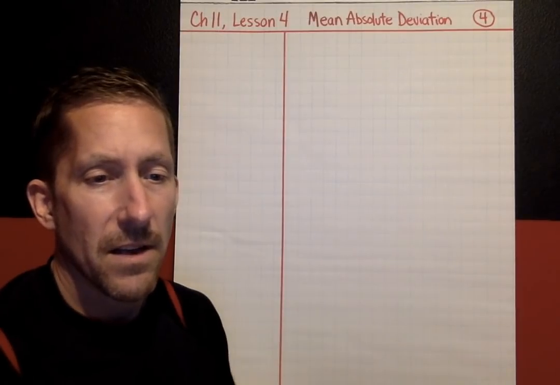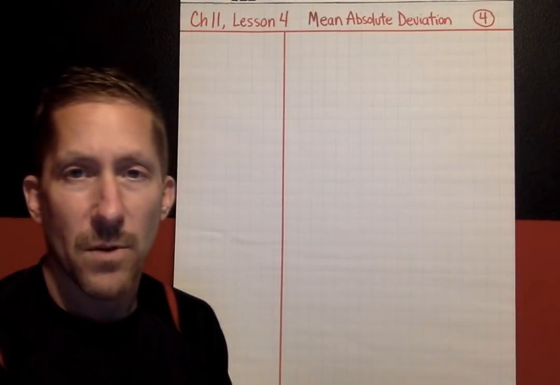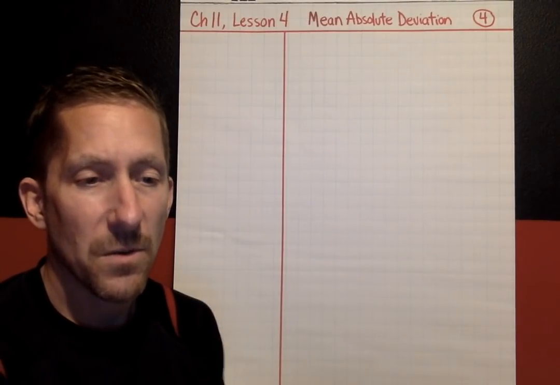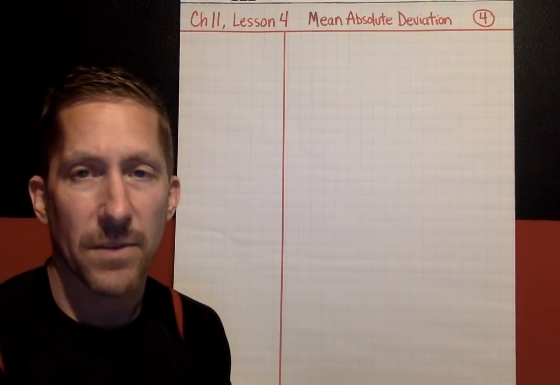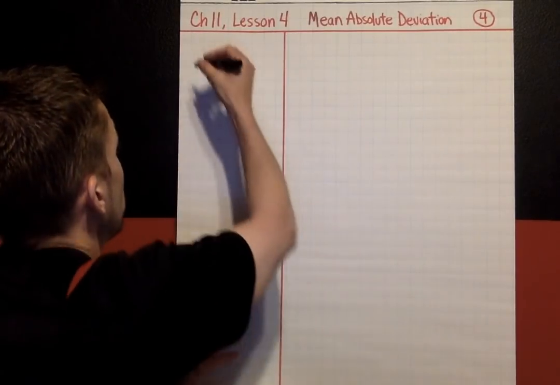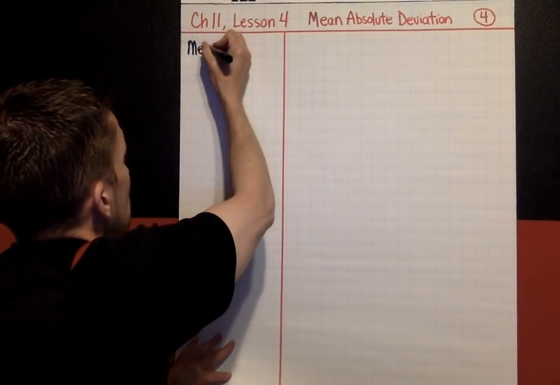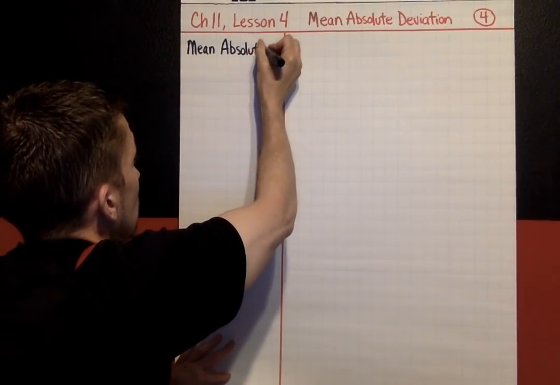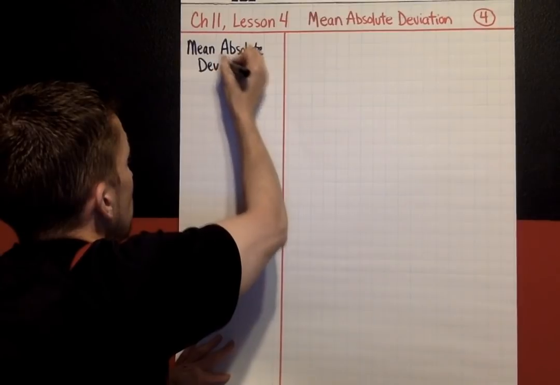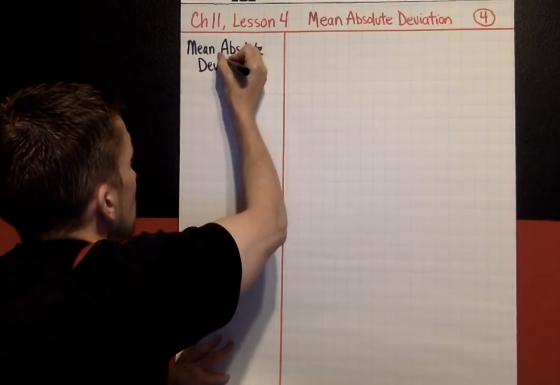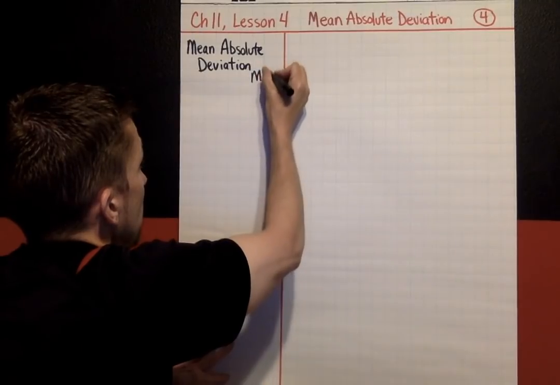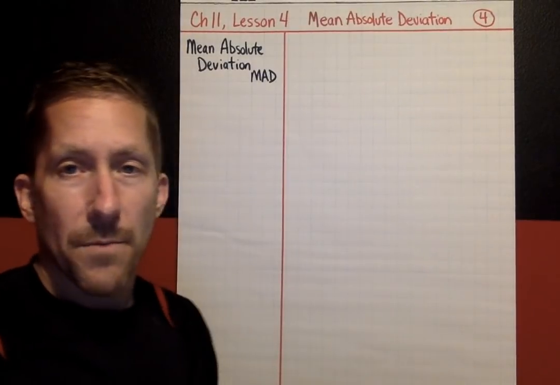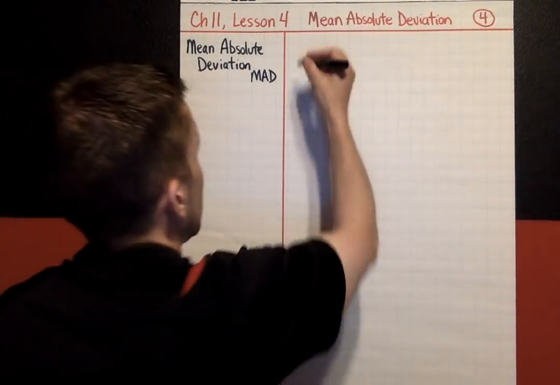Okay, let's get started. You know what the mean is from lesson 1. The mean is the same thing as the average. We're going to use the mean to find the mean absolute deviation. So the first thing we're going to write down is the mean absolute deviation, and I'll abbreviate that as MAD in today's notes. Mean absolute deviation. So the mean absolute deviation of a set of data